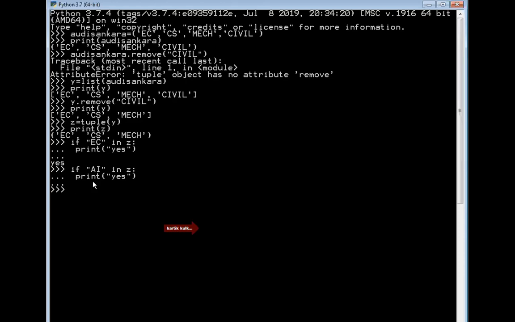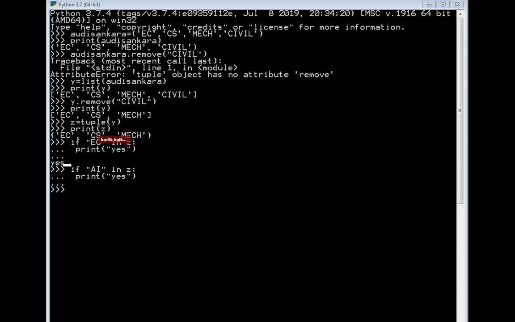Now you can notice that it is not printing anything. Why? Because the AI branch is not included in the tuple. In the tuple Z, only EC, CS, and mechanical are there. Civil was also there when we created it, but with the help of the remove method, how to remove an element from the tuple, we removed that civil.